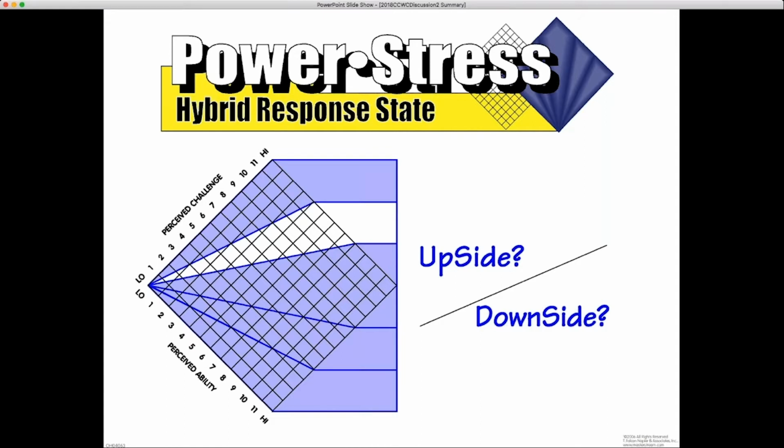So there's a couple of ways we can get into power stress. One way is if we really know what we're doing, but then someone takes away a resource from us, like they impose a deadline where normally it would take us a week to do something and they give us 2 days. That's going to push us up into power stress, and we're going to feel that nervous energy. And there you might see some of the upsides in that we're real efficient, we get it done. It's not necessarily comfortable, but we can do it.